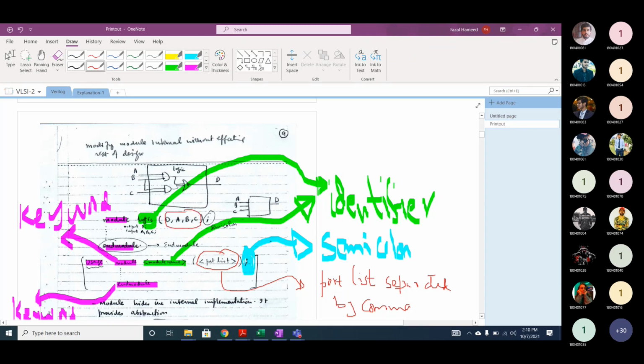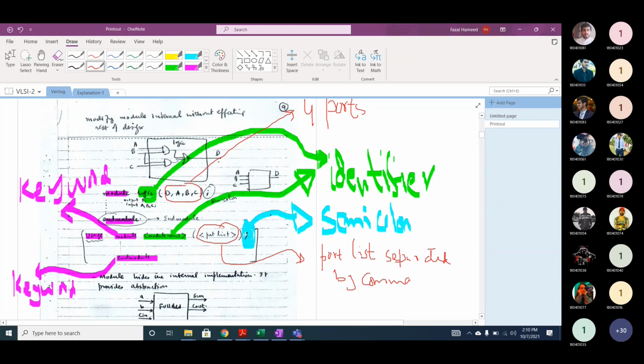Four ports, and all these ports are separated by commas. So in this module logic, A, B, and C are the inputs, and D is the output of the logic.